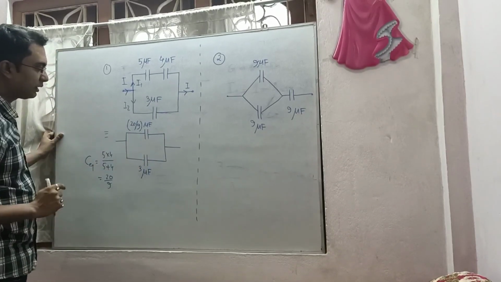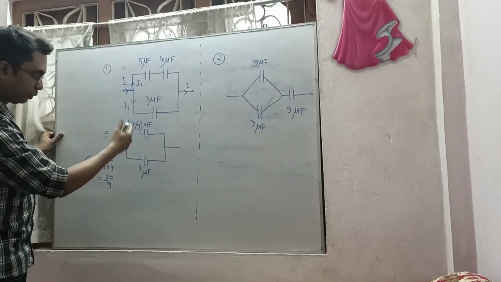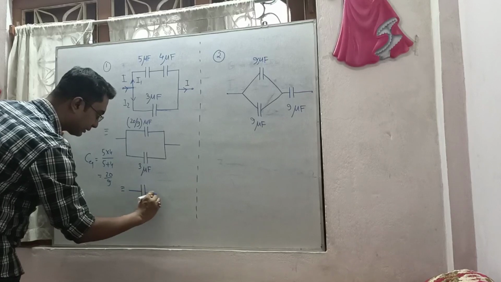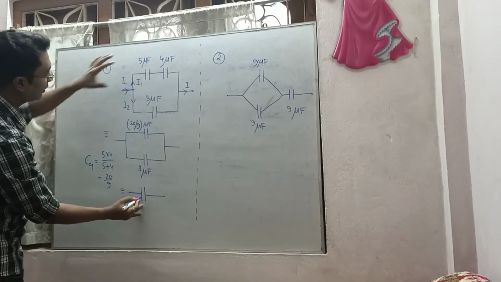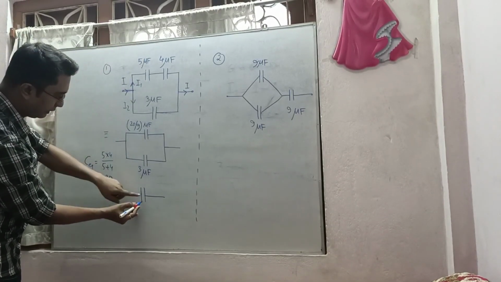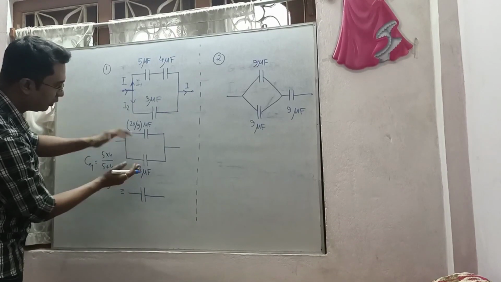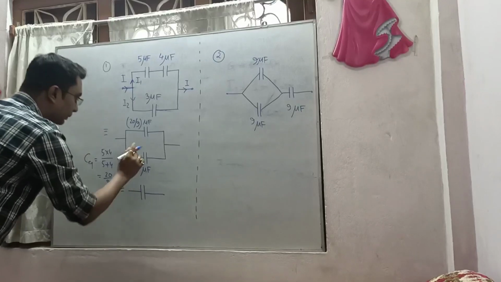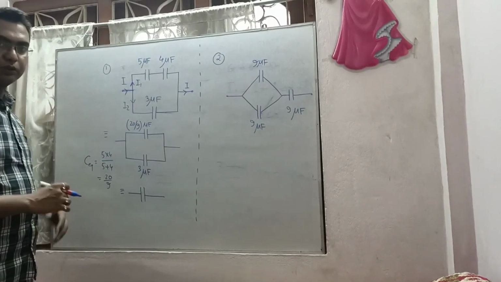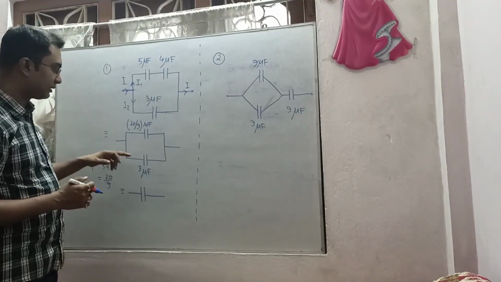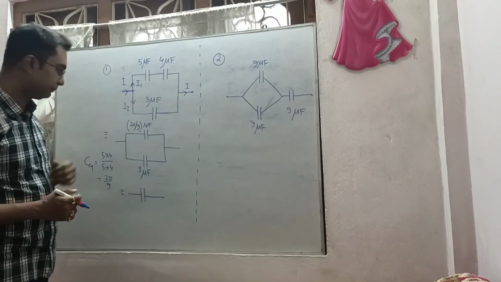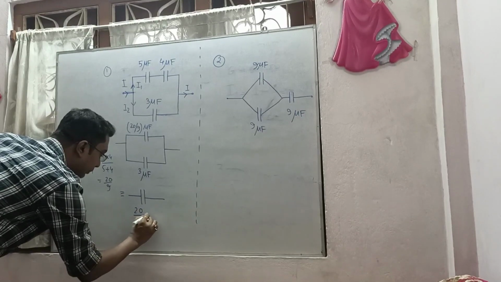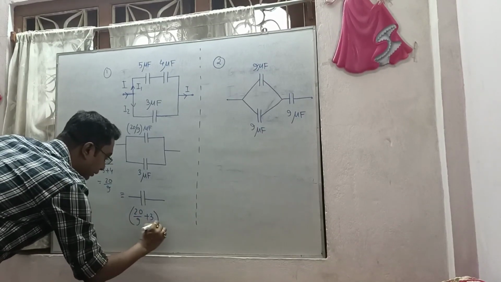Now these two capacitors are in parallel combination. So our next equivalent circuit will be a single capacitor. That is, it is the equivalent of this whole combination, and it will be the parallel combination of these two. Now how parallel combinations can be done? Now the parallel, that is the final result, will be the addition of these two, because for parallel combination the equivalent capacitance is equal to C1 plus C2 and so on. So the result will be 20 by 9 plus 3 microfarad.